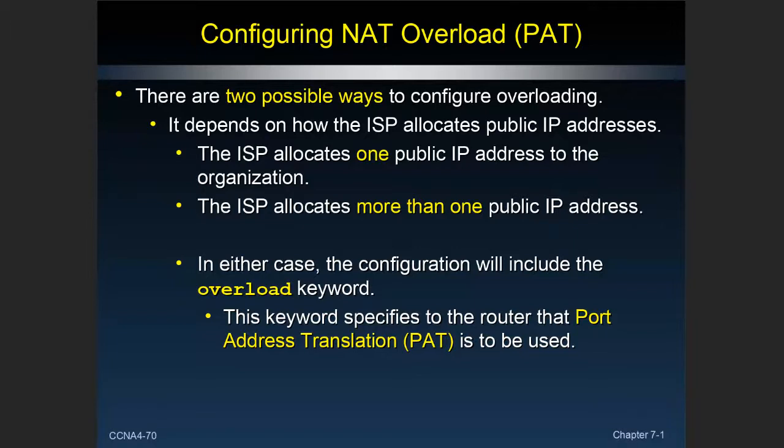But what I'm going to do instead is use the overload keyword. When I make that port address translation statement, I add the keyword overload, and that means, if you only have 6 global IP addresses, use port number black magic and allow more than 6 clients to be connected at the same time. Just like your home router has one global unique IP address from the cable company, and they give you as many connections as you need at home, your 1 or 2 dozen connections for all your devices, all your Rokus and Game Boys and Xboxes and all these other things that need IP addresses to the outside world.